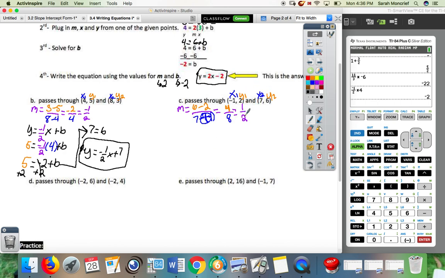So now that I have m, I can just plug it in. I have y is equal to 1/2 x plus b. Now again, do I have b? No, I don't, but I do have x's and y's. I'm just going to use my x1, or my first point. So what can I plug in for y? I can plug in 2. So I have 2 is equal to 1/2